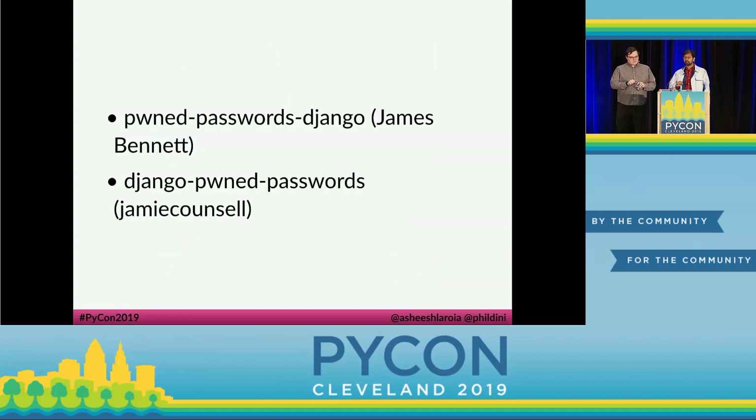Here are the 2 projects, and a third thing you can do is read the source code to the Python package index. It uses Pyramid, and it integrates directly with the Have I Been Pwned API, and it should be straightforward to figure out how to map that to Django. So strong passwords are a factor in account security, but they're only one factor. You can add more factors to account security, and Philip will tell you about that.